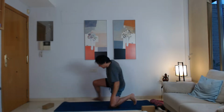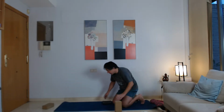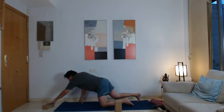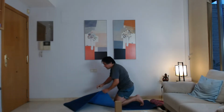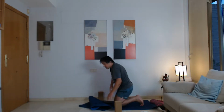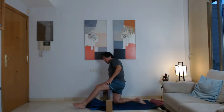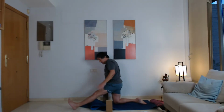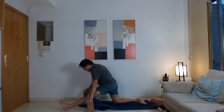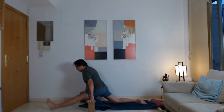I'm going to go back on the other side. I'm going to get both my blocks for the splits to help myself. If you have blocks, then maybe that'll be good. The other thing I do is because I've got nice slippery floors here in Spain. It's very typical to have these ceramic floors, tile floors. So then find your way to slide yourself forward,